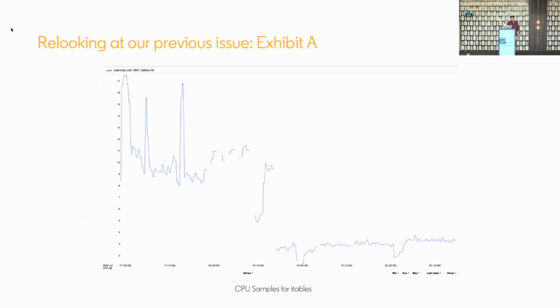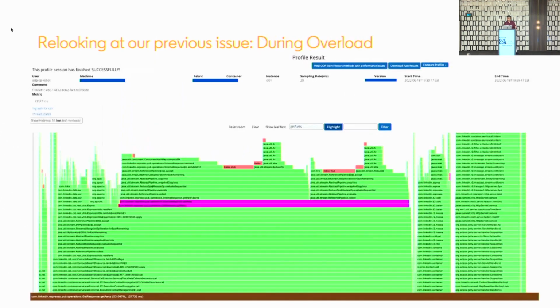Now I will come back to one of the previous examples I showed. Remember the traffic drops that were happening? Once we started looking at the profiling data, we saw that during the period of traffic drops, the service somehow is doing a lot of translation for interface to its implementations. And that's what you see the spikes for. Those are the times when the traffic drop was happening. Now we know there are interface tables in play. We looked at the time frame specific to that traffic drop.